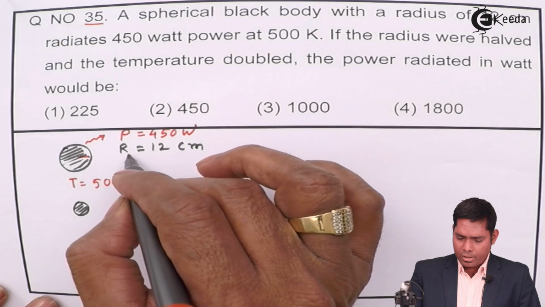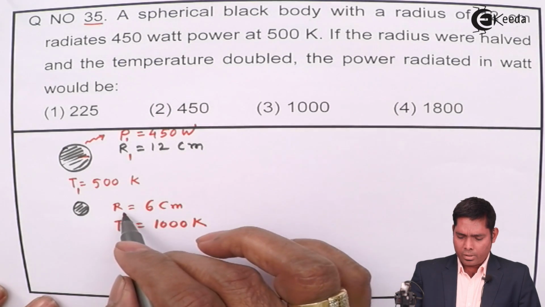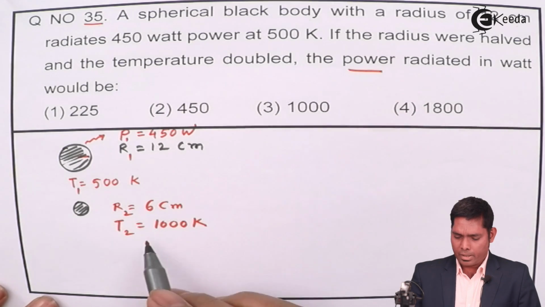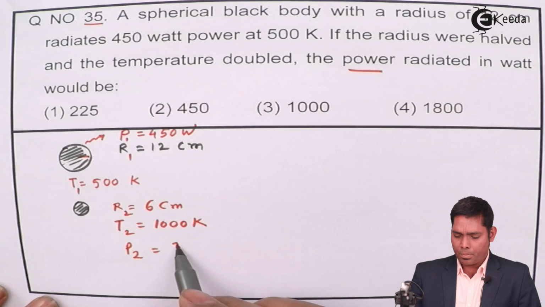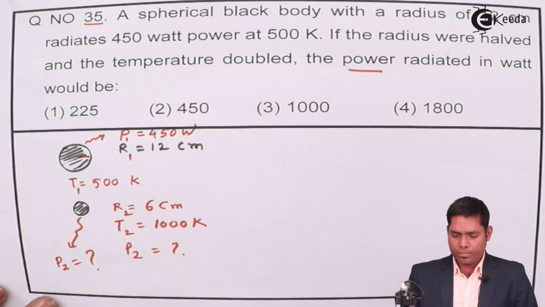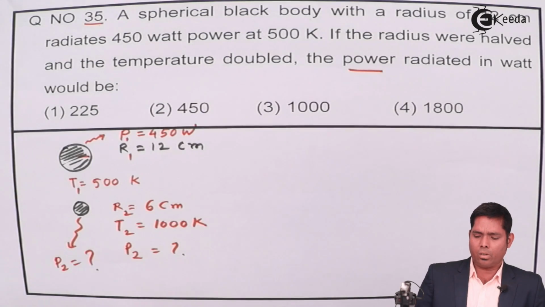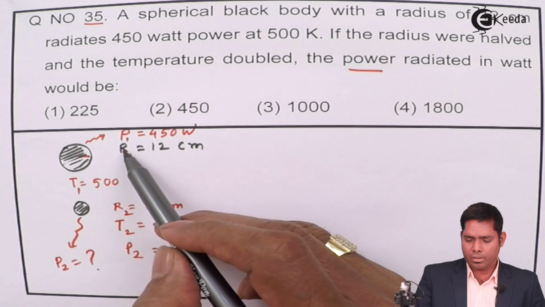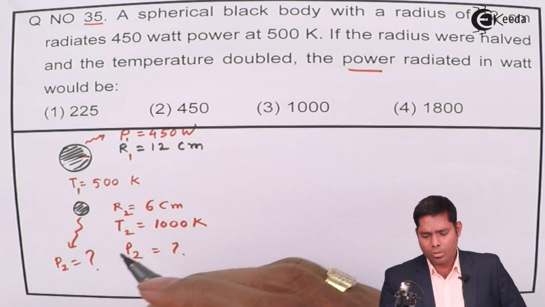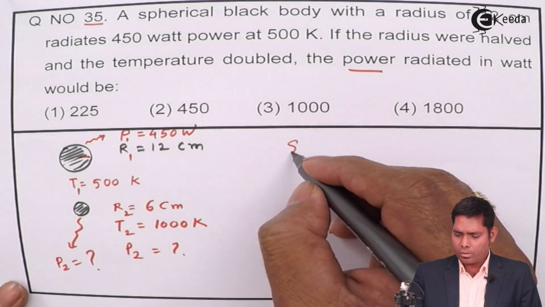so if I write this as R1, T1 and P1, and this as R2 and T2, we are asked to find the power radiated, that is P2. How much power will be radiated in this case? That is asked. So you must have a relationship between the power radiated and the radius and the temperature of the body. From Stefan's law of heat radiation,